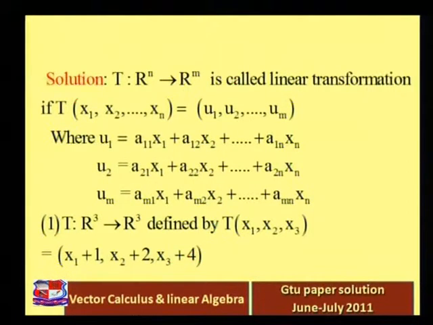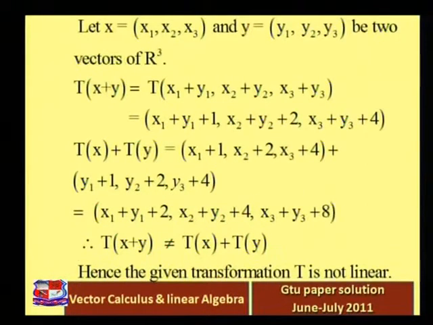right, defined by T of x1, x2, x3 equal to x1 plus 1, x2 plus 2, x3 plus 4. Okay, now to check whether the given transformation is linear or not, let's take x equal to x1, x2, x3, and y equal to y1, y2, y3,